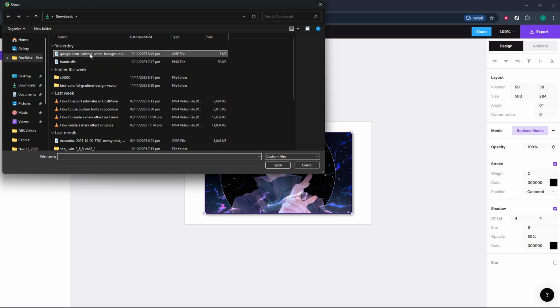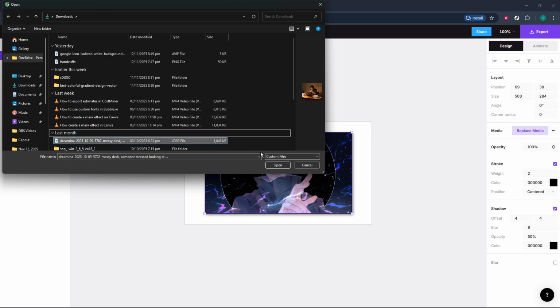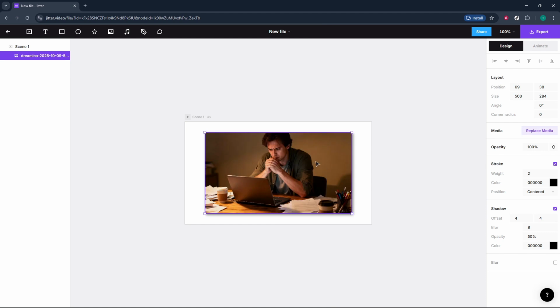This is where you can choose the new photo you want to use in your video. When picking a replacement, consider the aesthetics and relevance of your new image to ensure that it matches the theme and tone of the existing video. It's also a good time to remember that high-resolution images work best as they enhance the overall quality and professional appeal of your project. After you've selected your image, confirm your choice, and Jitter will replace the old image with